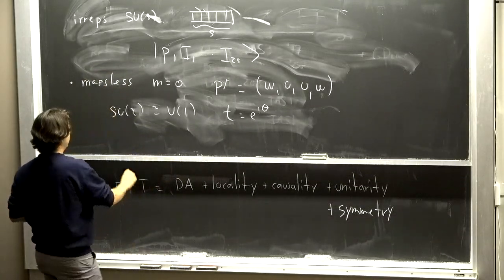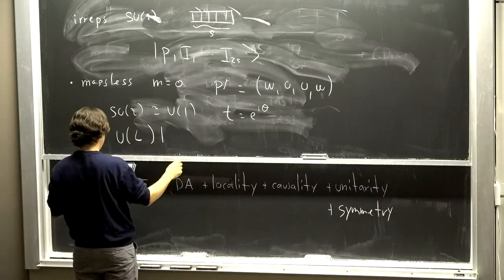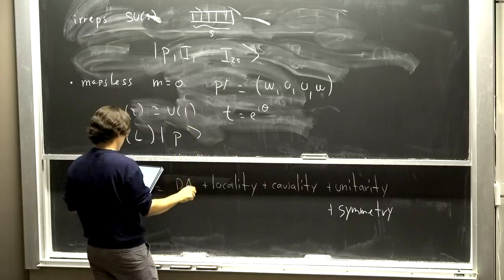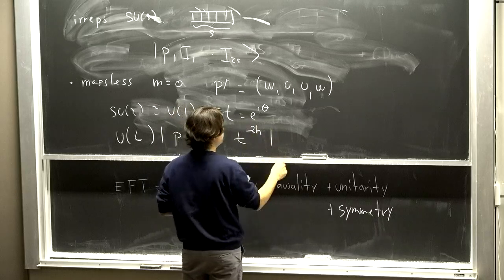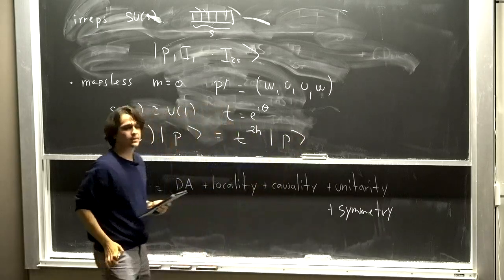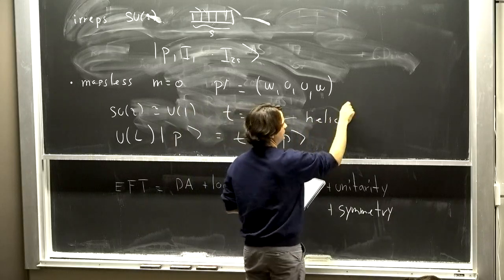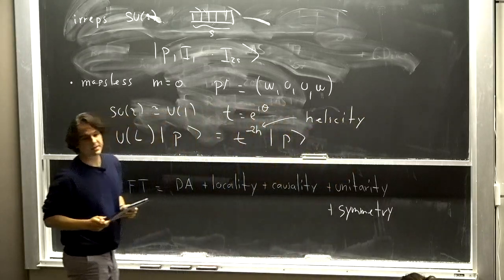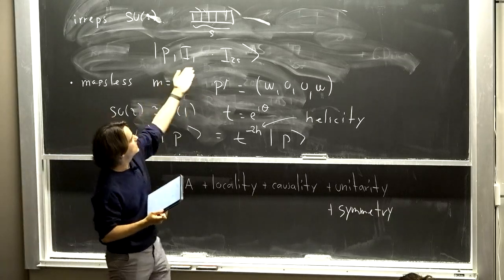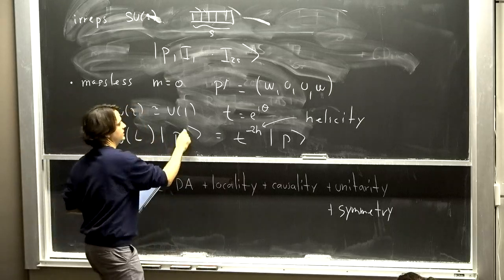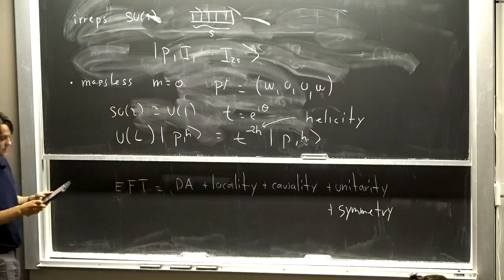And then when I act with this on my states, this thing will just be some power of this phase. So this is just going to rephase my states. And this weight here is what we call the helicity of the particle. So actually a representation is labeled by helicity, which is a half integer. Instead of this SU2 representation, we can put this helicity label. And that's what we care about.